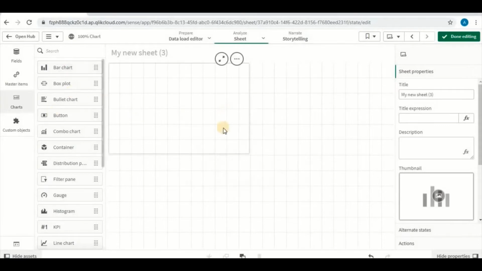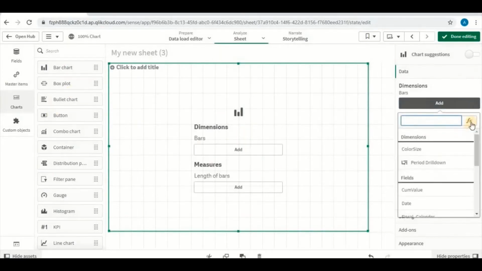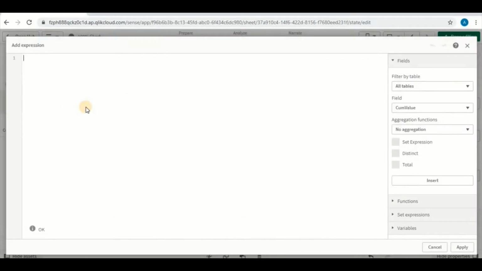Then we are going to add in our dimension. For the dimension, let's get to know a new function in QlikSense, that is the ValueList function. In the parentheses, we are going to add in a dummy set of dimensions. We are going to add in actual and year to date here. Let's click on apply,